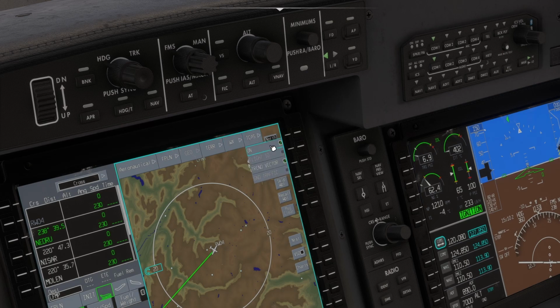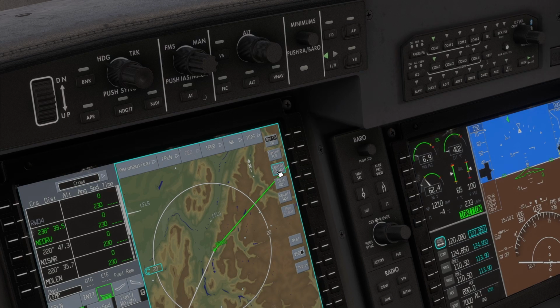And the TCAS, the traffic collision avoidance system. You can see it's currently set on. You can switch on other options if you want the ground traffic, the flight ID, but for now we'll leave it like this. On the right side you'll see some other buttons like center AC, center to waypoint, which will select to the waypoint,